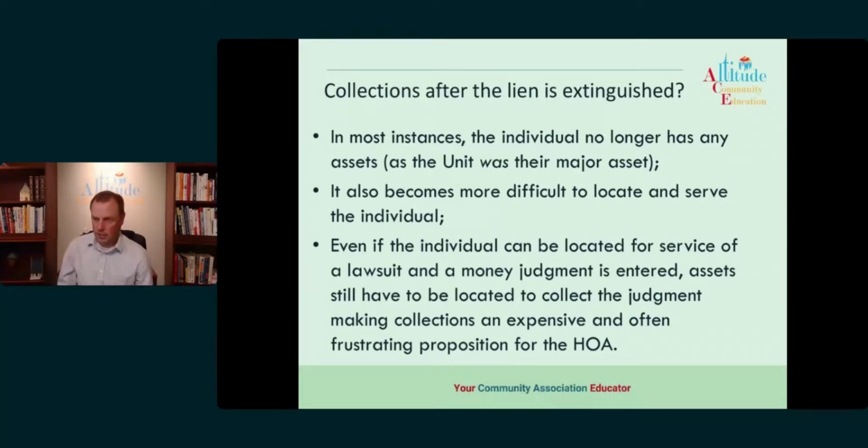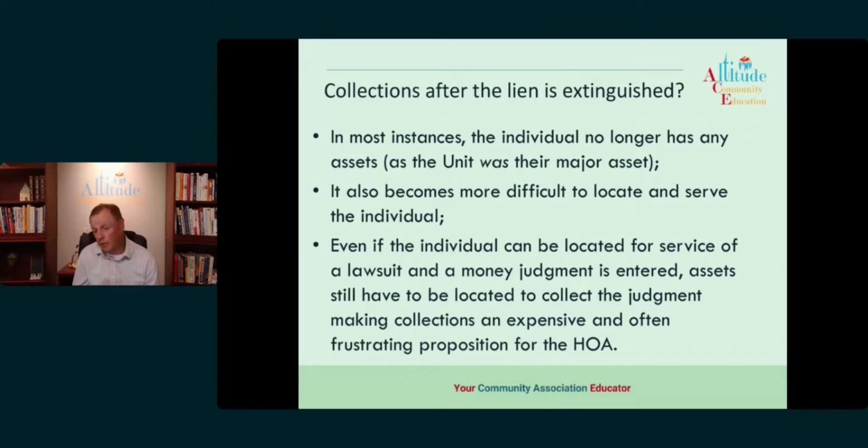So a little bit outside of the scope of this, but if an owner files a bankruptcy and the owner is delinquent on their assessments at that time, the owner should include the association as a creditor, and the association should get notice of that. If the owner is not delinquent at the time of the bankruptcy being filed, then the association is not technically a creditor at that time and may not get notice. There's an argument that because there is an ongoing obligation that they should get notice. But again, that's going a little more into bankruptcy law than we probably need to get to.